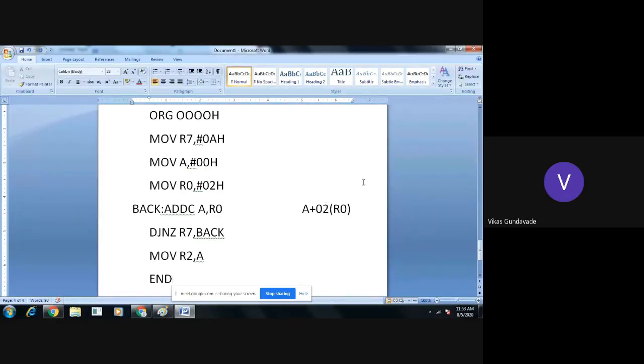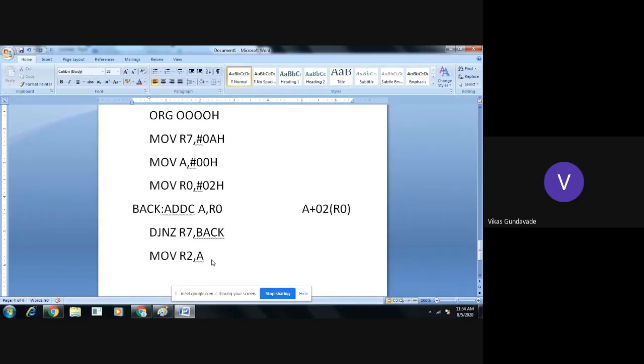So I have added 02 ten times into the accumulator, and that result will get transferred into R2. If the jump condition is satisfied, then only the jump will take place. Otherwise, it will execute the next instruction. So this is a conditional jump.